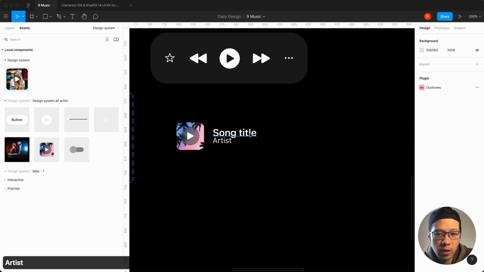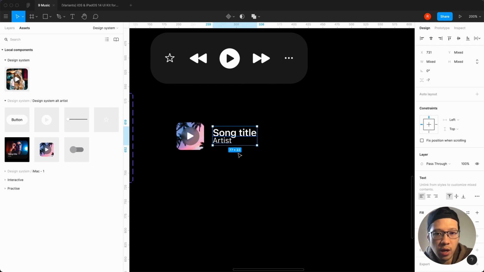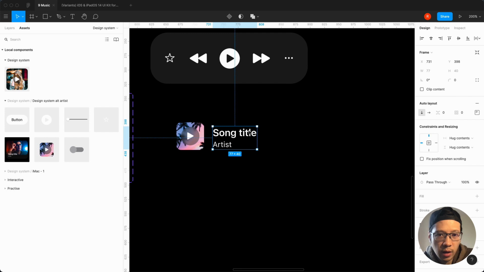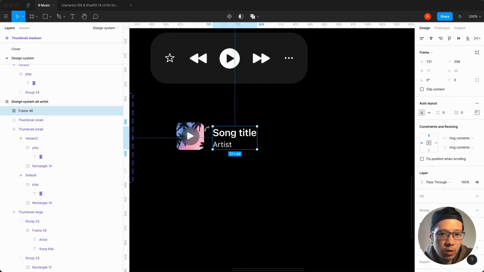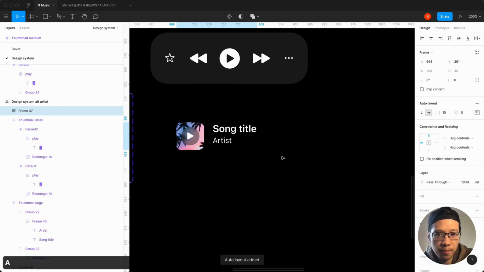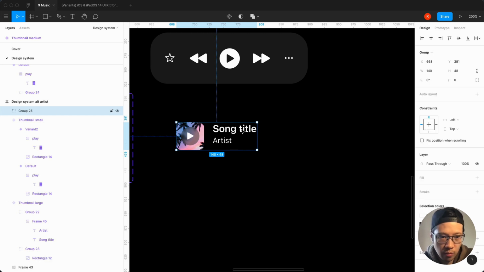Okay, so what we need to do is select both and then do Shift A. And now we got two, so if we go back, we want to then combine both of these. So Shift A, and then we want to do Command G,